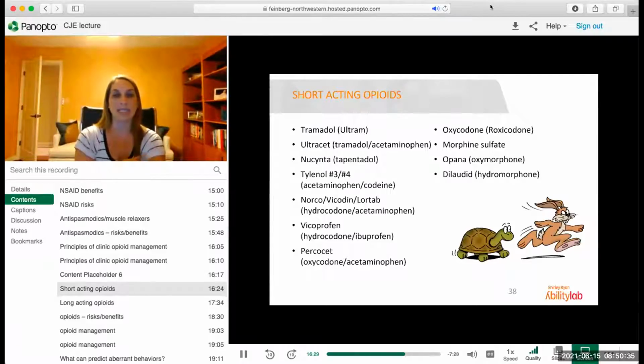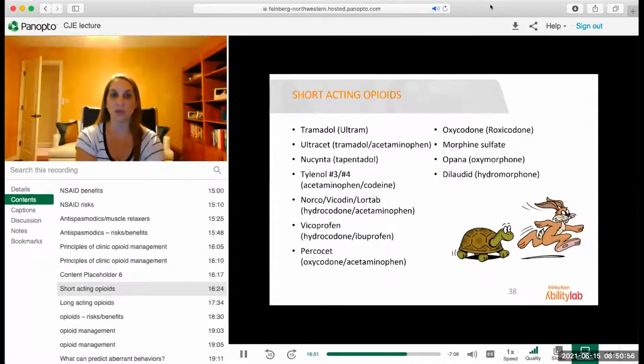Long-acting opiates are meant to get steady state in the system to decrease baseline pain, whereas short-acting opiates are meant for earlier use, as rescue medication to take as needed, PRN. You would never want to put a patient on long-acting opiates if they're opioid naive. You want to have had them on short-acting opiates first. Lots of different kinds of short-acting opiates out there.